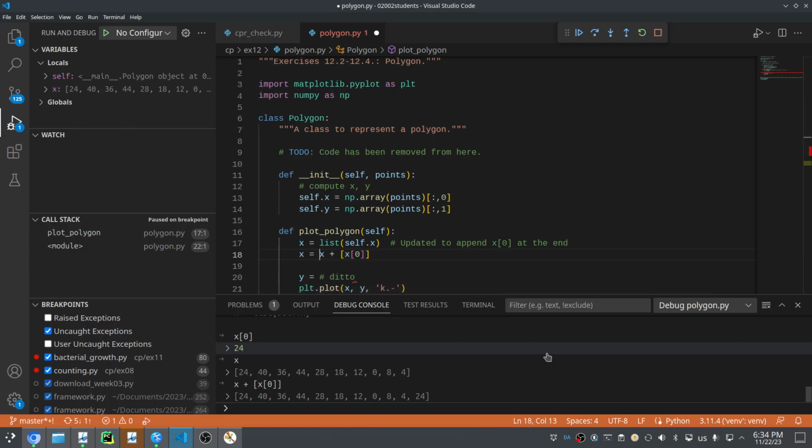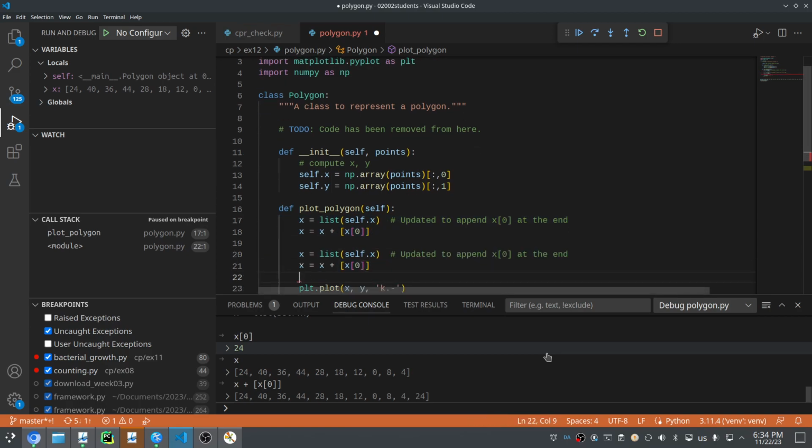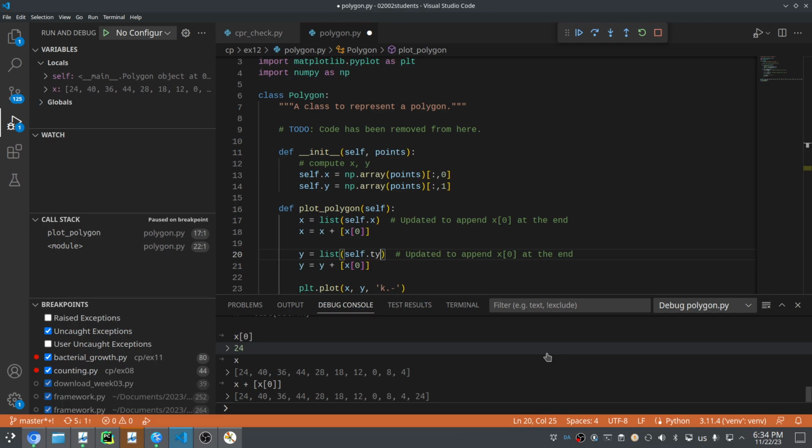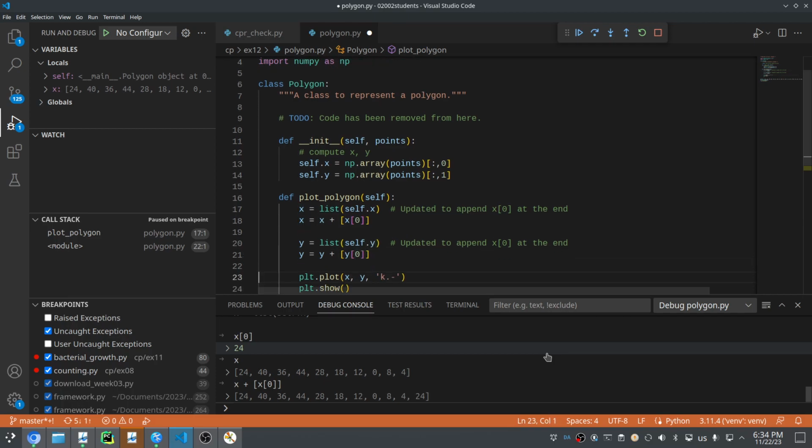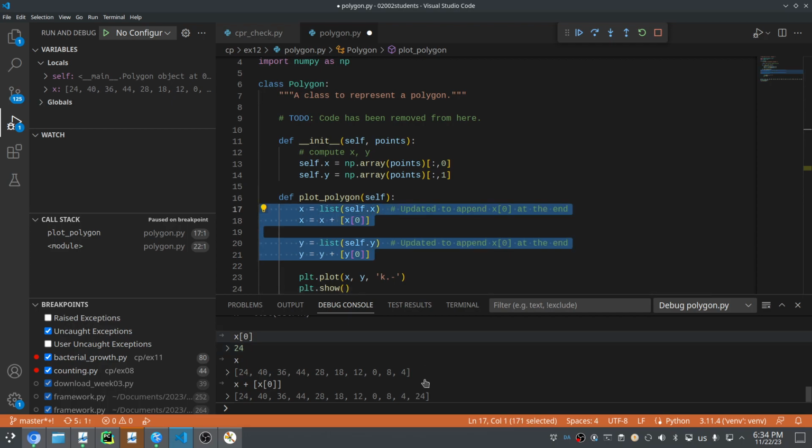So I need to update x to be equal to this. And then I need to do the same for the y coordinates, and that's basically just a matter of changing x to y. Like this. And now if I run all of this code,